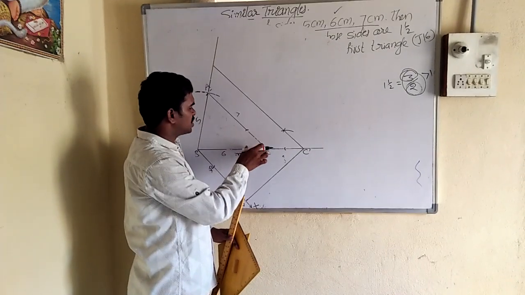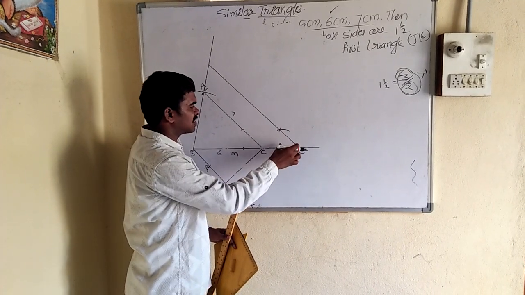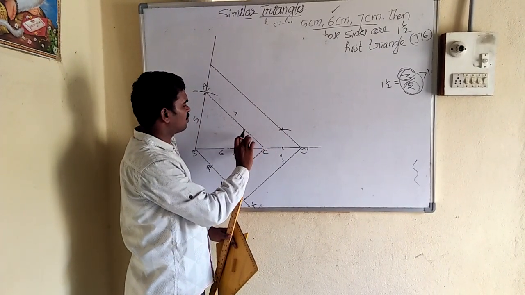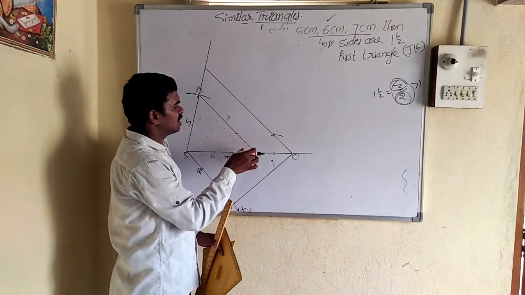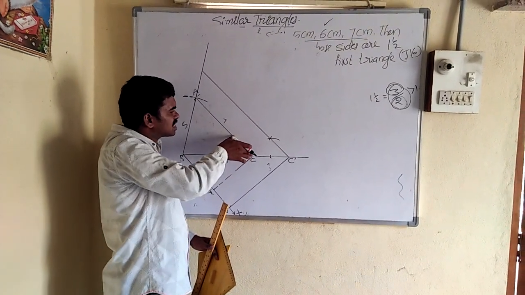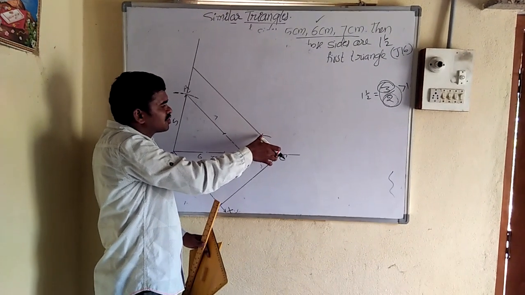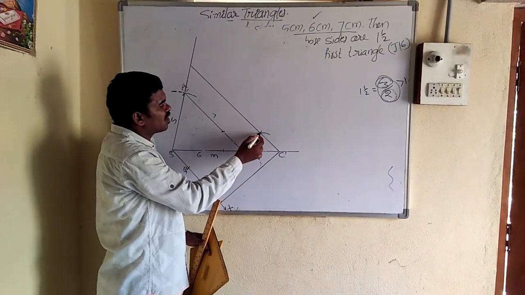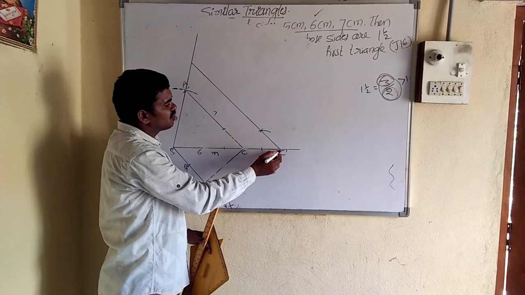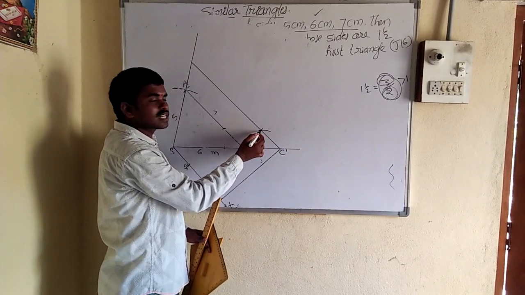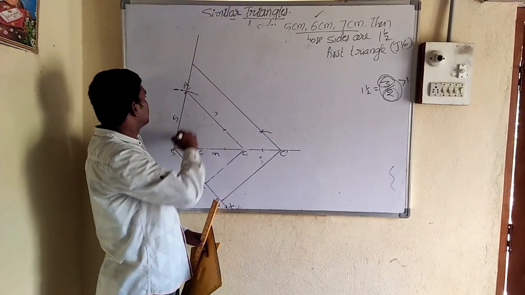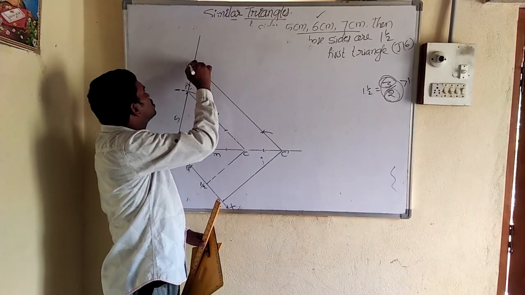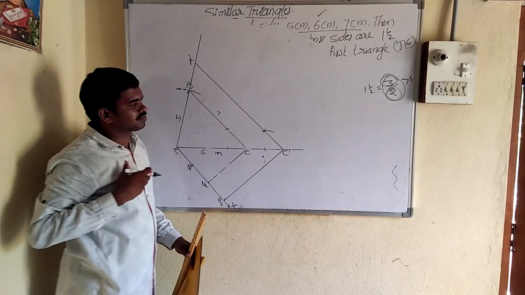Okay? From C, take a radius, and from C dash take the same radius, and from this point the same radius, and from this point the same radius. Next, the same radius is taken from C dash to here. So the intersecting point is got. From C dash through the intersecting point, draw a ray or line. It will be produced to meet at A dash.